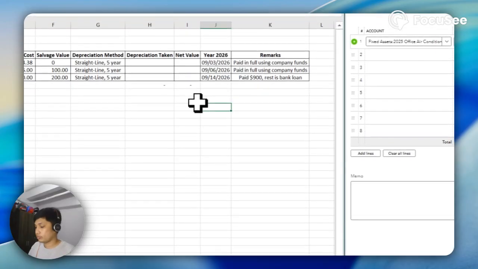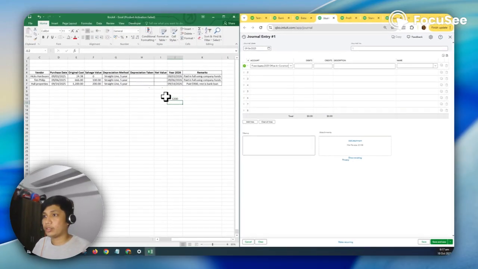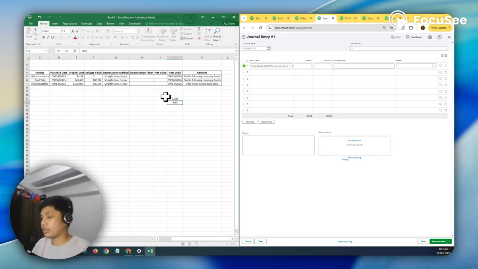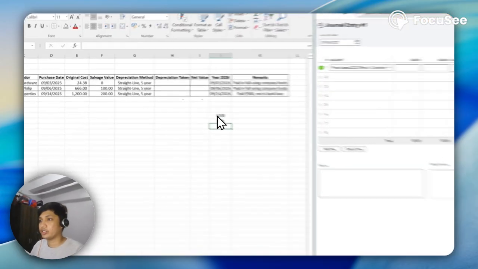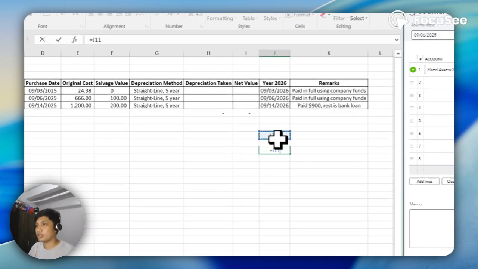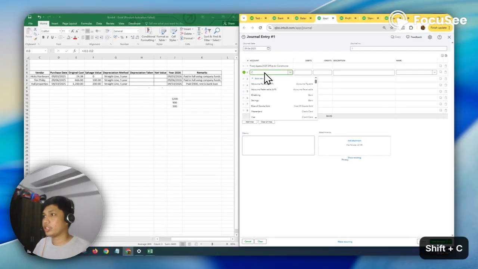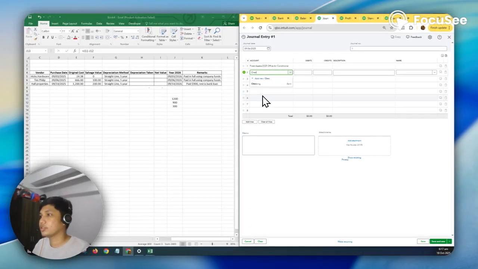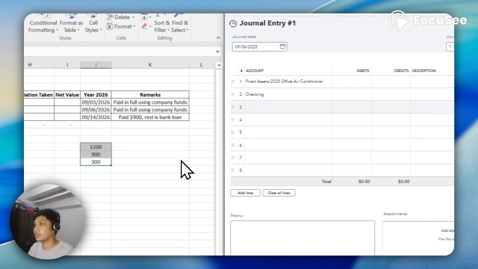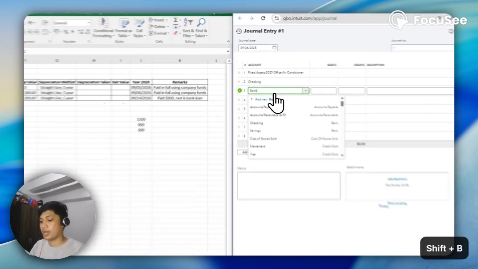So 1,200 is the total amount, and 900 was paid in cash. And then we use a bank loan to pay the remaining. Checking, and then last is bank loan.